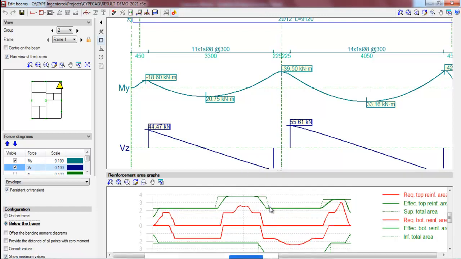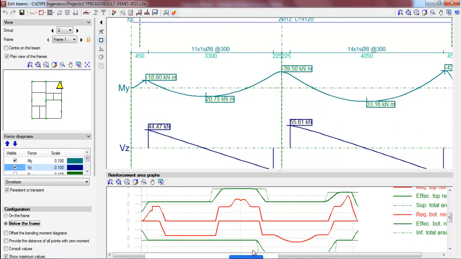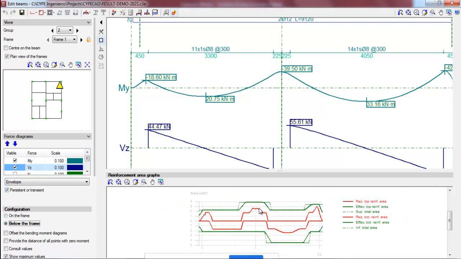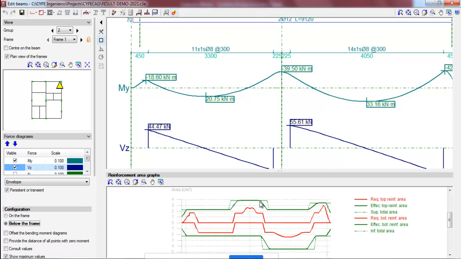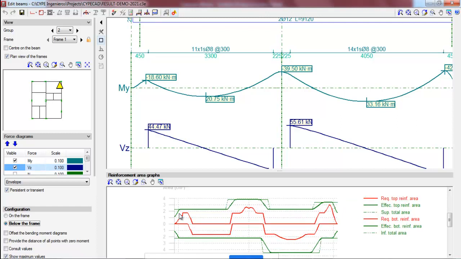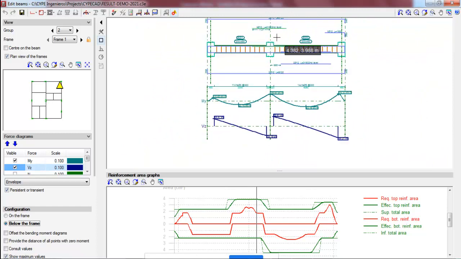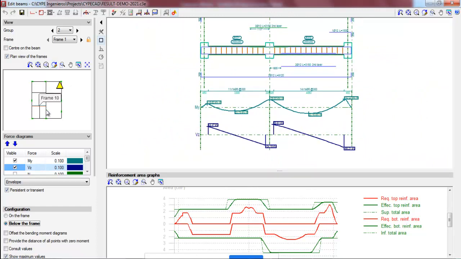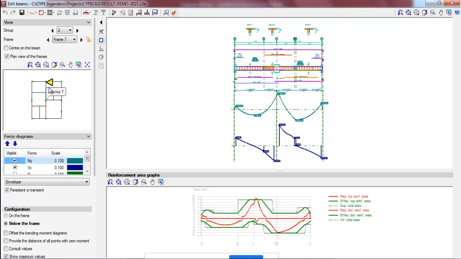Okay, so if I zoom in here, you can see the reinforcement calculation. AST required: this is the AST required for the support, this is the mid support, this is the end support. The red color is the top reinforcement, and below is the bottom reinforcement requirement. So AST required, and the green one is the provided reinforcement. You should make sure that at all locations the green line is more than the red line, that is, the provided reinforcement is more than the required reinforcement. So this is actually satisfied. I'll show you a different frame here. For example, I'm selecting this frame now.